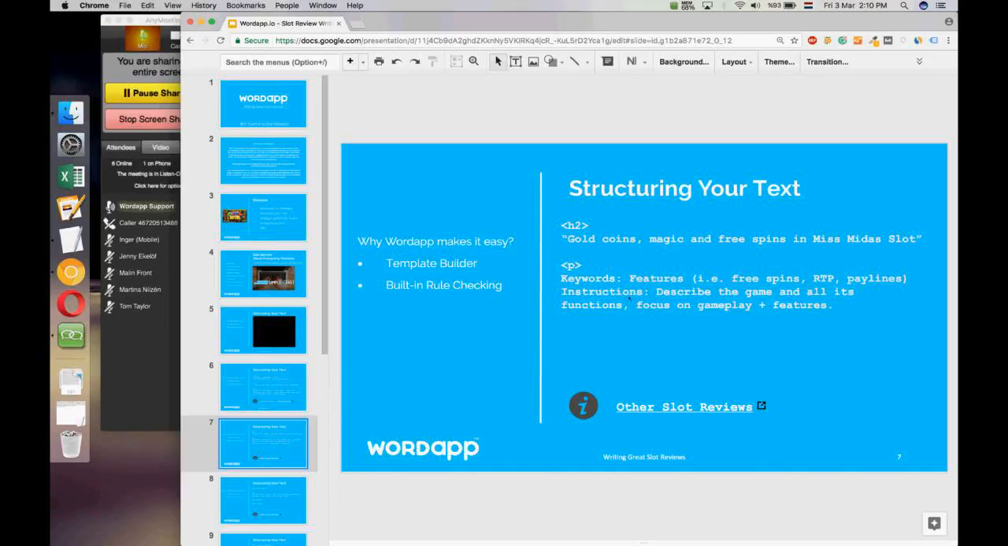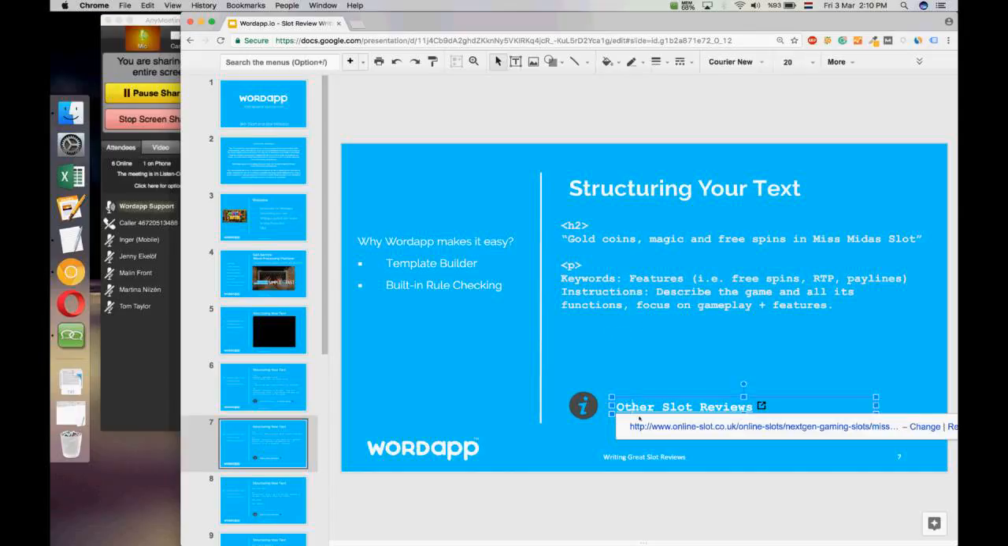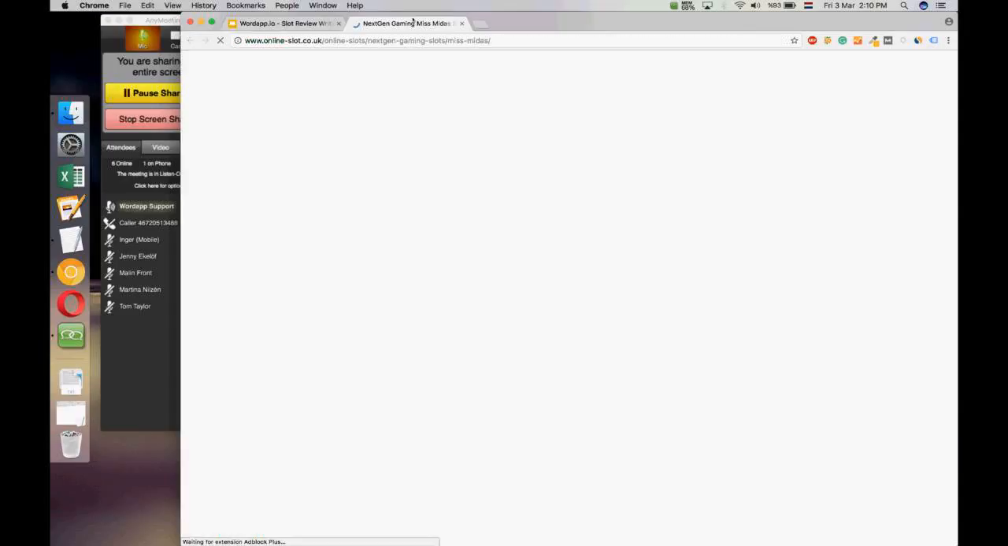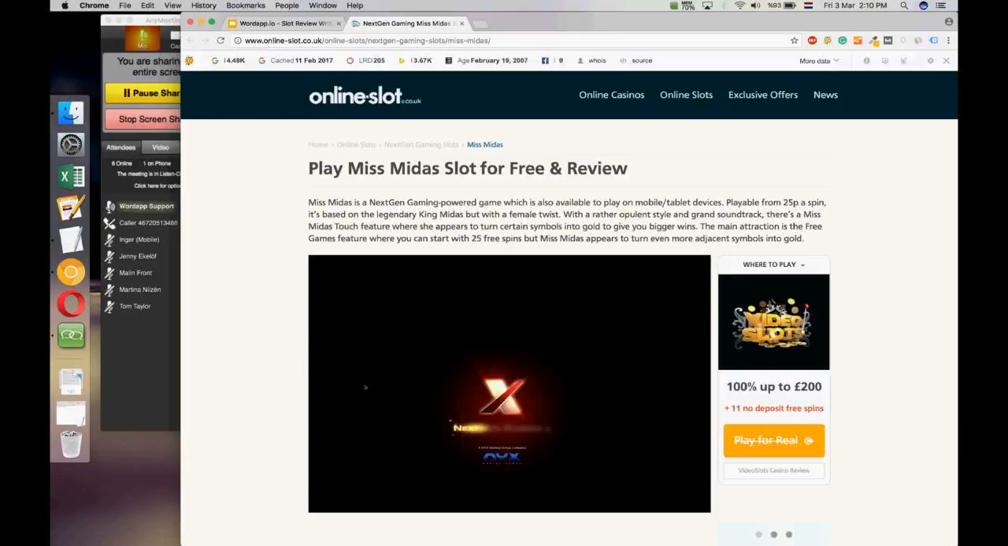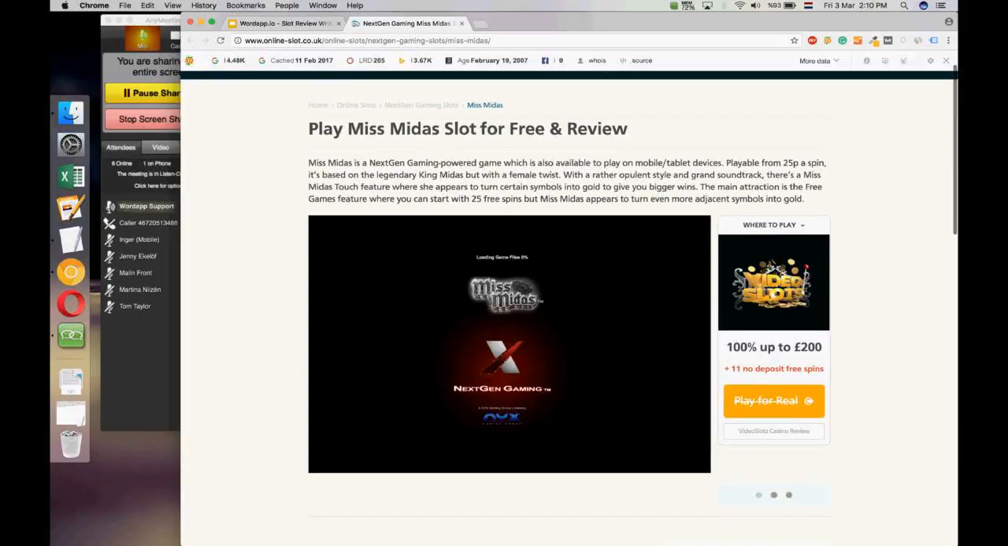If this is not pre-processed by the client, or if you don't feel like pre-processing this yourself when you set up a game, what I always do is I look at other slot reviews. So, for instance, for Miss Mida's slot, if I go to another website that offers slot reviews, I not only can play the game here, but I also, if I scroll down a bit,